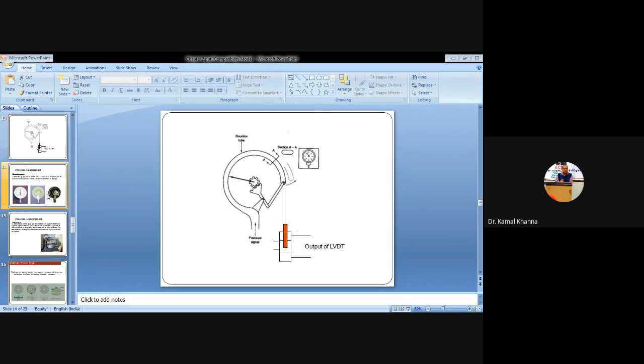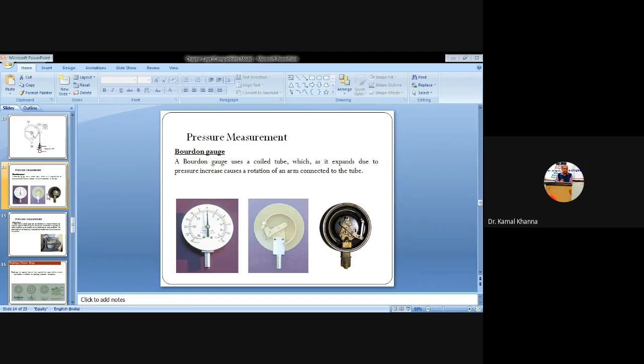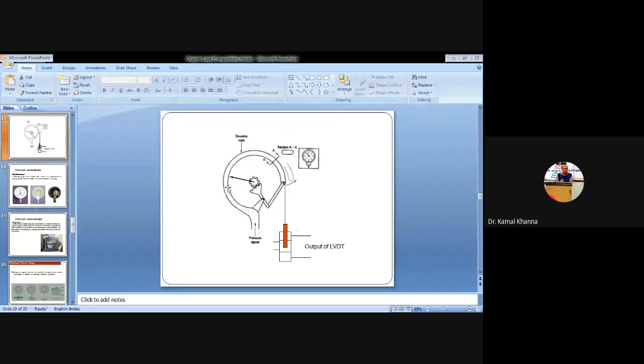So this is the Bourdon tube. As soon as the pressure or the compressed air enters into this C-shaped Bourdon tube, it will expand. We have a spur gear arrangement with the indicators also. And when the fluid enters into the tube under the pressure, that elliptical section of the Bourdon tube will expand and force the spur gear on which the needle or the pointer is attached to provide the reading as that of the fluid pressure.